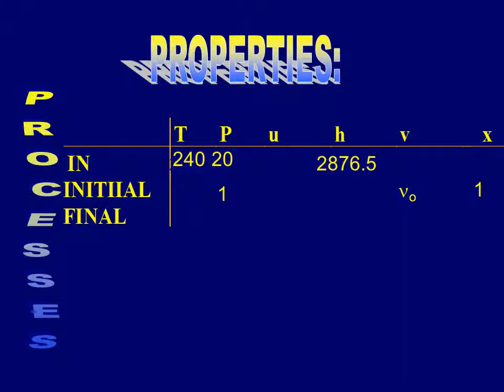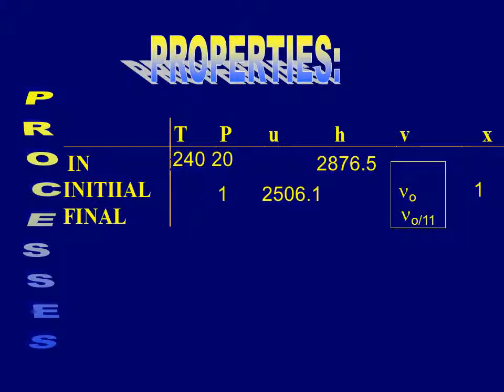At state 2, the initial state, we had the pressure, and we had the quality. It was given to be a saturated vapor at the beginning. So that's two properties about that state. I'm also going to mark down here that we have V0, the specific volume. Here we'll call that V0, and we can find that as one of our properties. We can look up the internal energy,